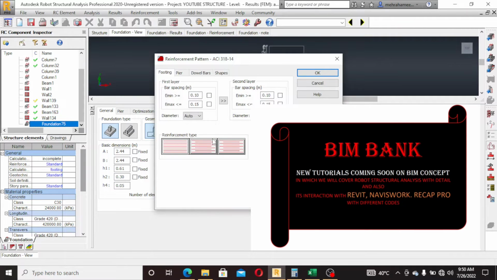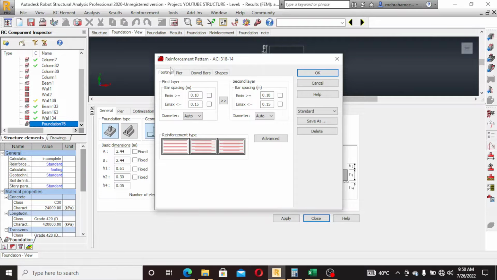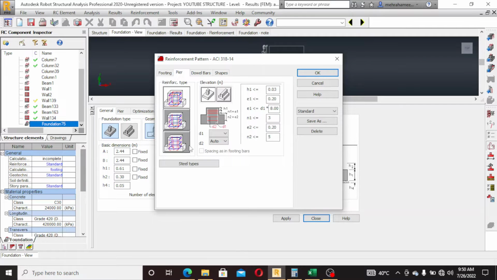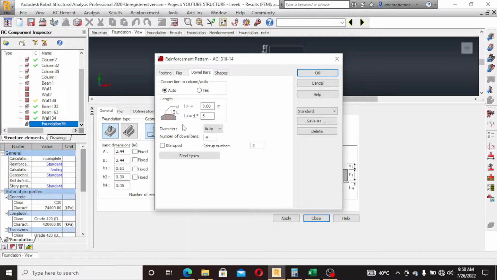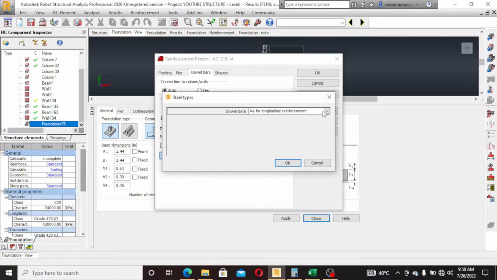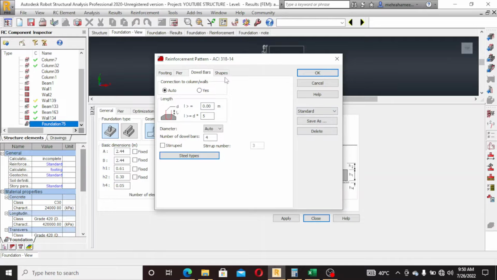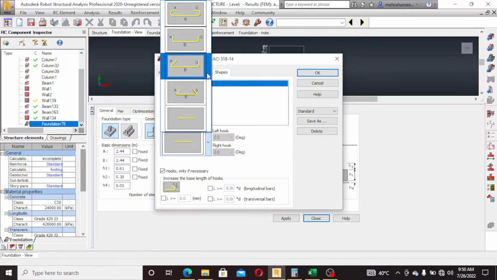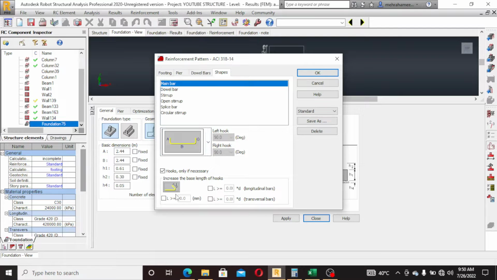Reinforcement pattern, I go for this type of minimum. Okay, go to pier, click on this double bars, steel type as angular reinforcement, as transparent double bars, as a longitudinal reinforcement. Yes, it's okay. And then shapes you can change if you want to. Hooks only if necessary. Okay,